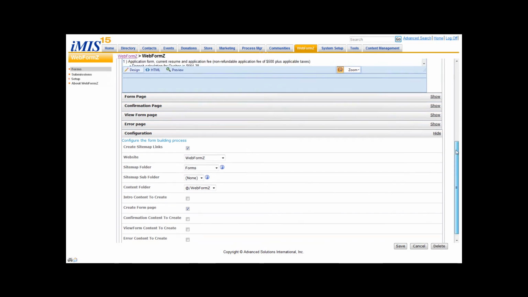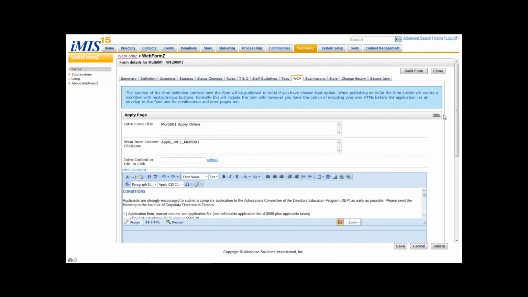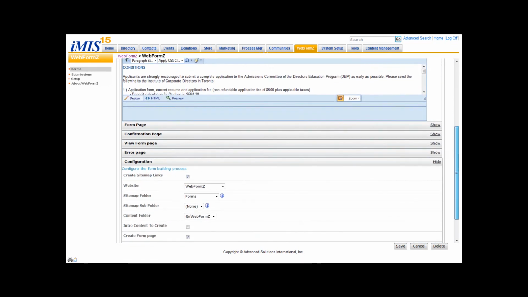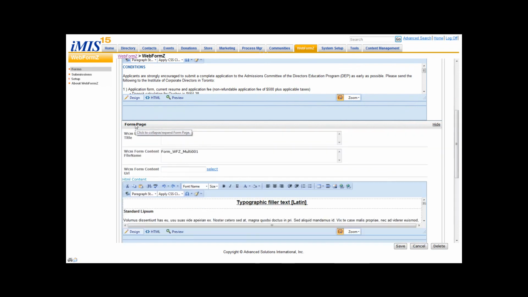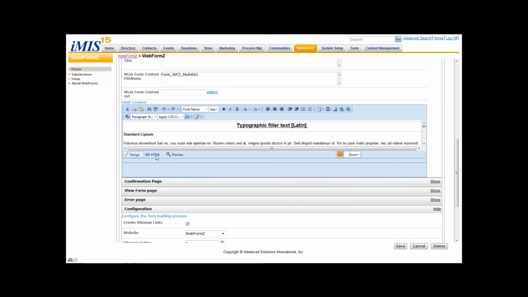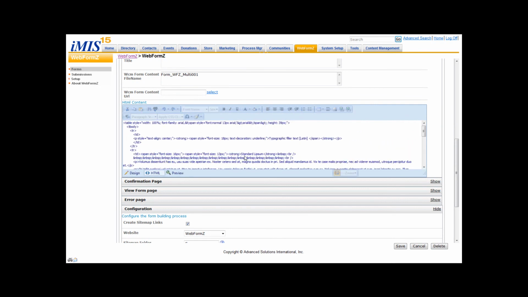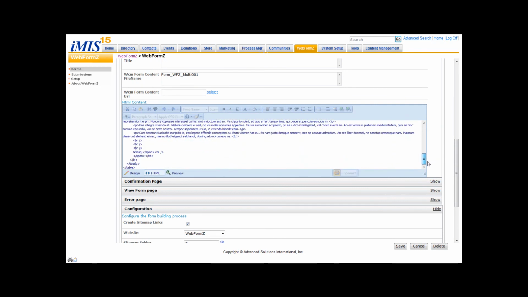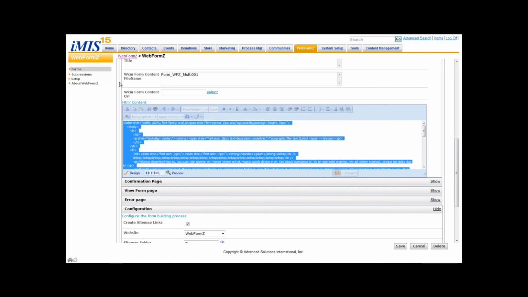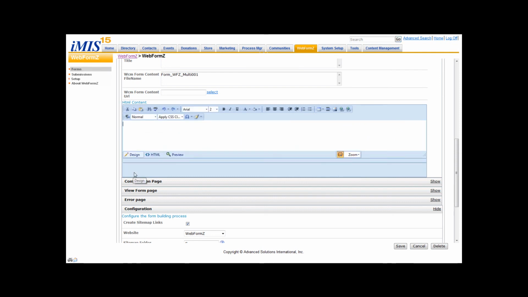And before we save that, we've got to take a look at the form page and make it look the way we want it to look on the web. So we click on form page, and there's some HTML in here already which we had on test, but we're going to take all of that HTML out, go back to the design mode, and this time we'll just put something kind of simple in, set up table,